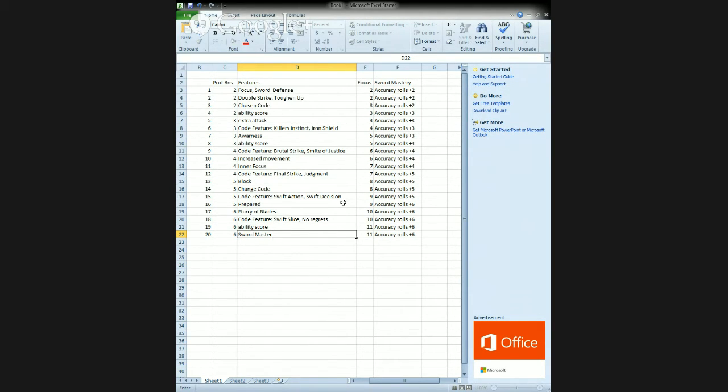And then the final part, we're going to build a final Swordmaster at beginning level, mid level, and end level to see what they will look like